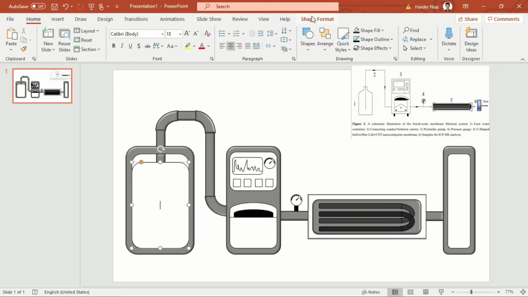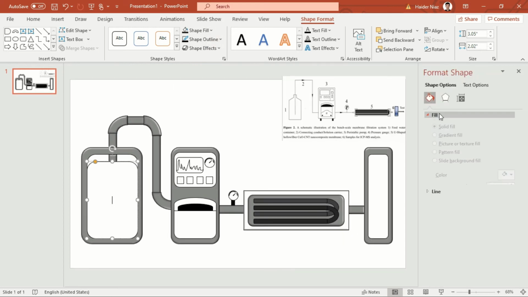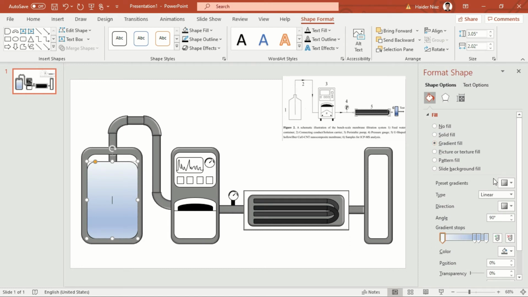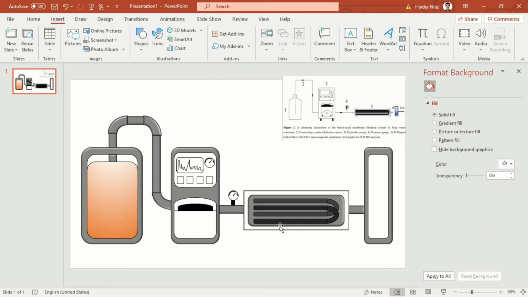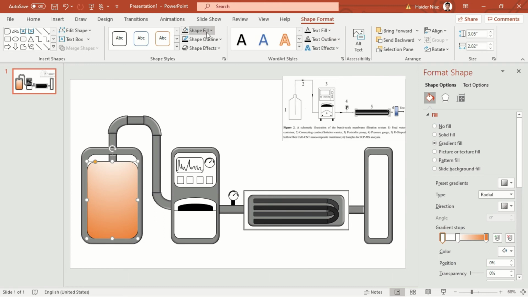And for the shape, I'm going to go to shape and then shape outline or shape fill. Just click here. You will see an option for shape fill, and click on gradients, and you can add different gradients. For example, I'm going to show a turbid border, so I'm going to select this one. Once we are done with this one, we can add a turbid color to this one. It will show that this water is dirty, and we will similarly and slowly proceed